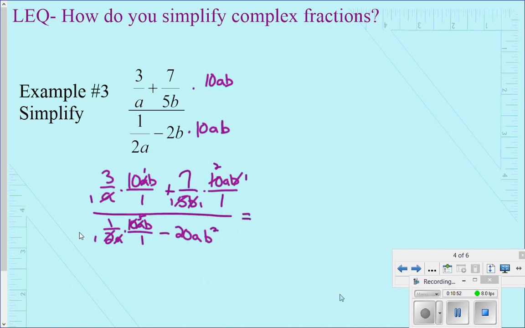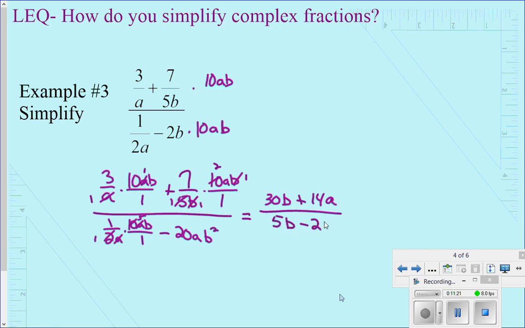So I'm ready to multiply. 3 times 10 times 1 times B gives me 30B. Plus sign. 7 times 2 times A times 1 is 14A. Denominator 1 times 5 times B. Looks like that's it. Yes, 1 times 5 times B gives us 5B